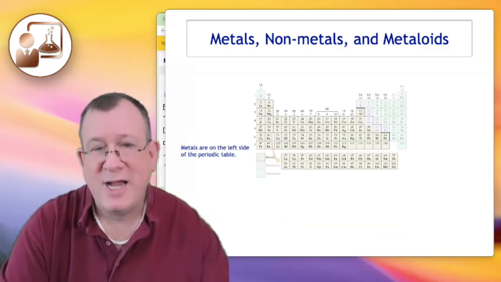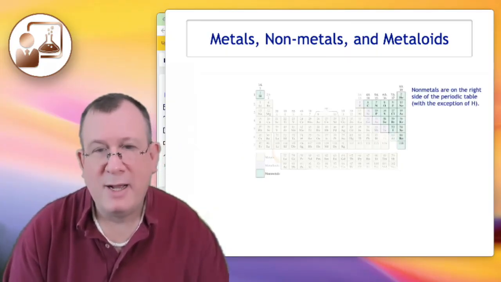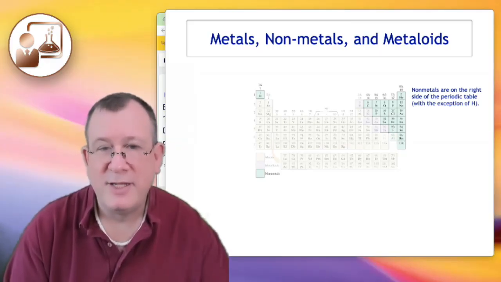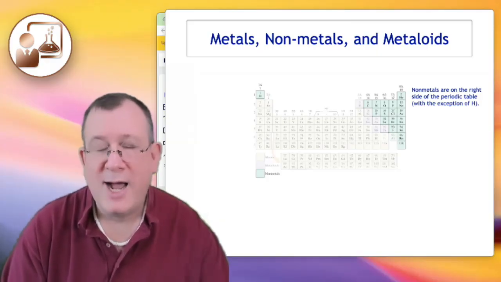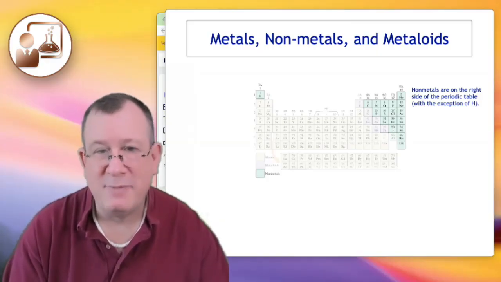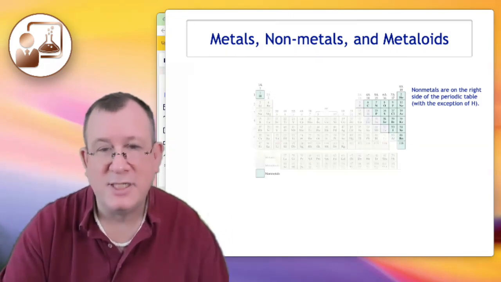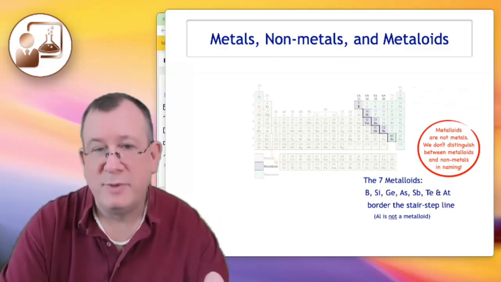Now, the stuff in the upper right-hand corner, above that staircase, those are nonmetals. Unlike metals, which lose their electrons very easily, nonmetals don't want to give them up. Nobody wants to give up an electron. But nonmetals are aggressive about taking electrons, except hydrogen, which is a wild card. Hydrogen is absolutely a non-metal, even though on the periodic table we write it over with the metals. Hydrogen is a non-metal. And then that little staircase in between, with the exception of aluminum, which is definitely a